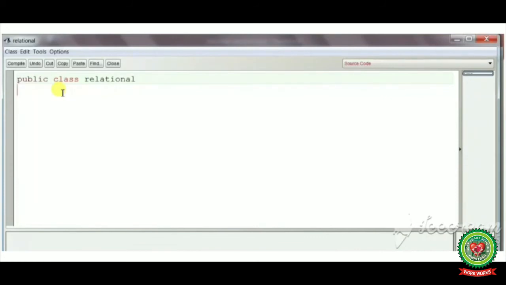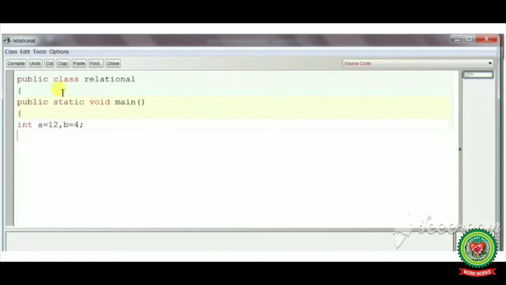Enter, curly bracket start, public static void main, round bracket start, round bracket close, enter, curly bracket start. Here we will declare two variables like int a is equal to 12, comma b is equal to 4.